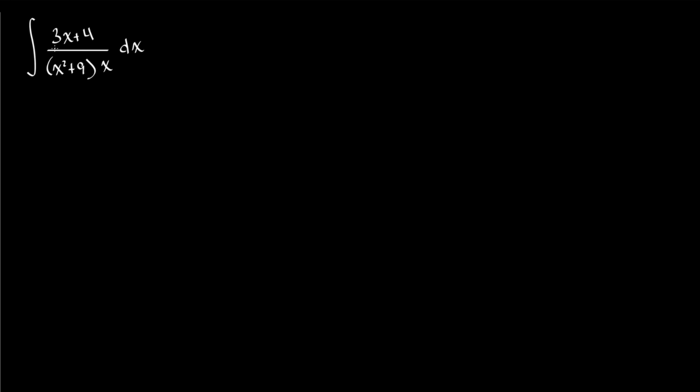We see that we have this linear factor in our numerator, but then looking at our denominator, we have this product of two factors. One of them is linear, so we've seen that before, that's x. But then we have this new thing that maybe you haven't seen before. We have this quadratic factor, and it can no longer be factored. So we're going to figure out how we can deal with that,